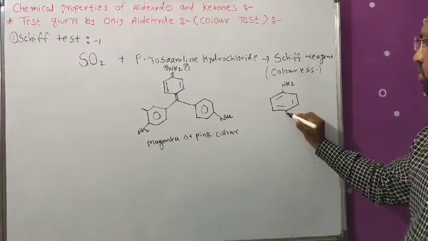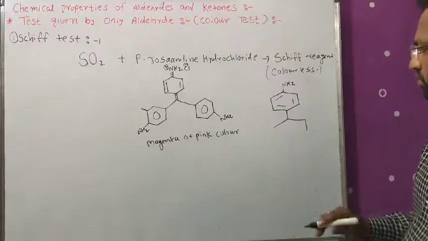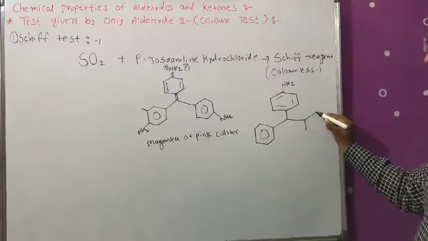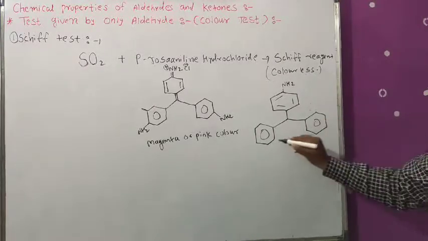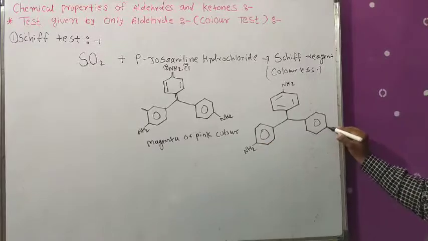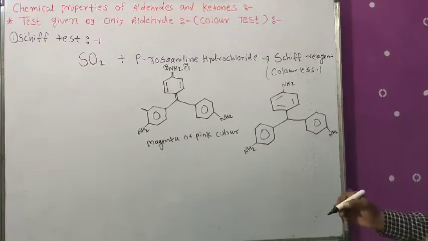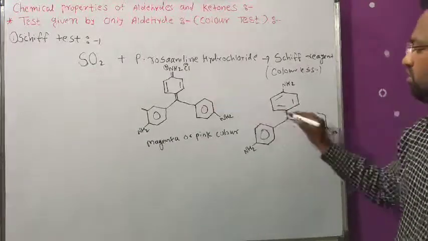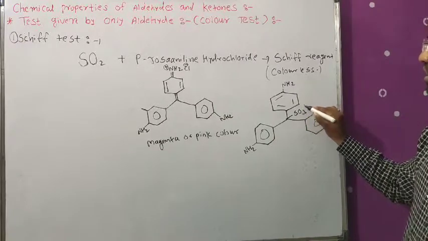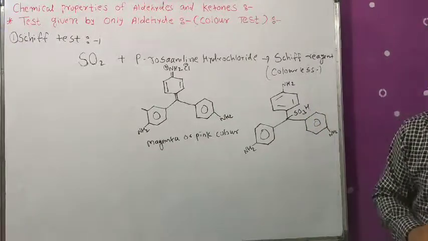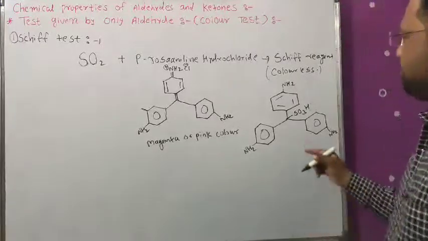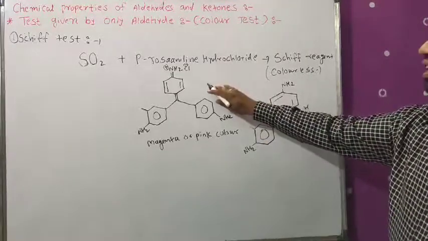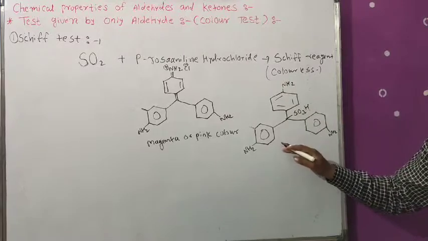NH2. This is the benzene ring, this is NH2, and here, now see in this structure, this double bond is converted into a single bond and an SO3H group is attached at that position. Okay, SO3H. This is the structure of para rosaniline hydrochloride converted into the Schiff reagent, that is